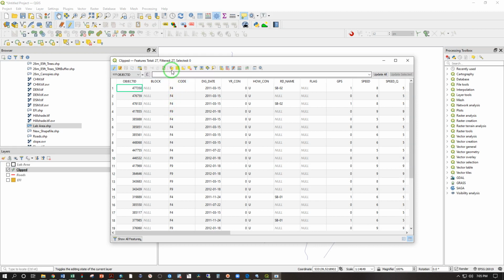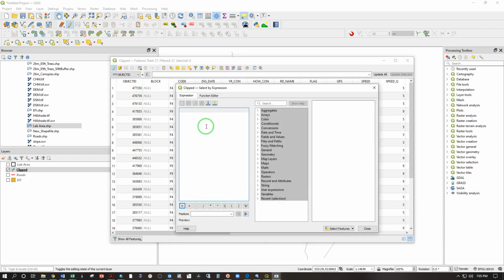So the query is going to select, meaning highlight them. And once they're highlighted, I can just go ahead and hit the delete key and they go away. So select features using an expression. I have to start typing in code, there we go, equals F